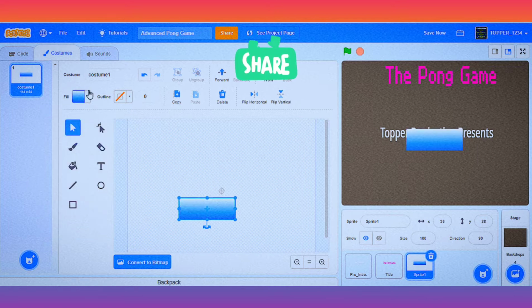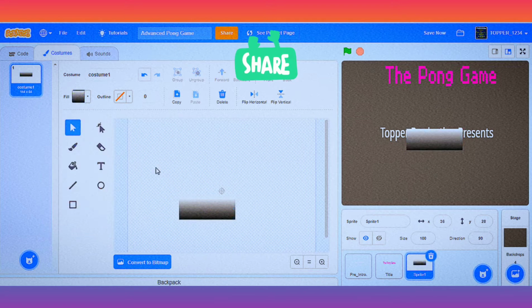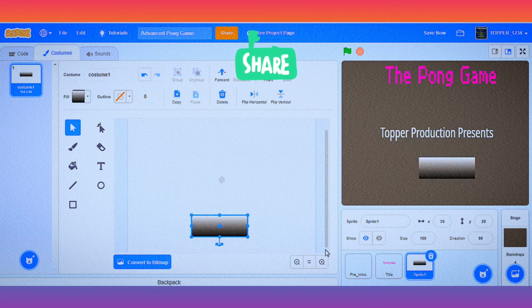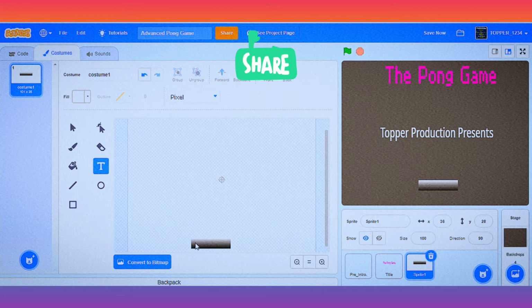And the second color will be black. Yes, it's great. Now I'll place it in the center, bottom center. That's great. Now I'll switch to text mode and write on it, play.